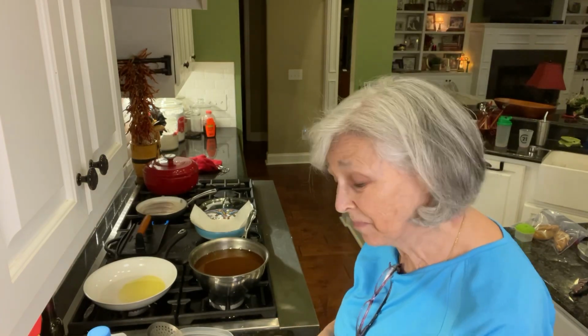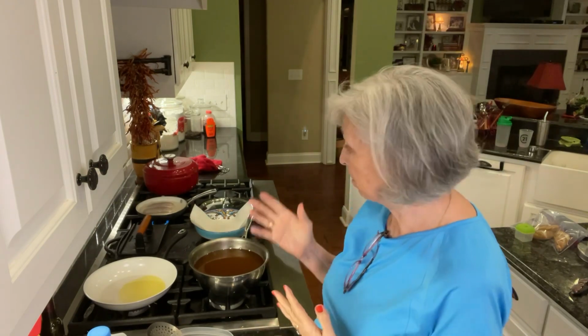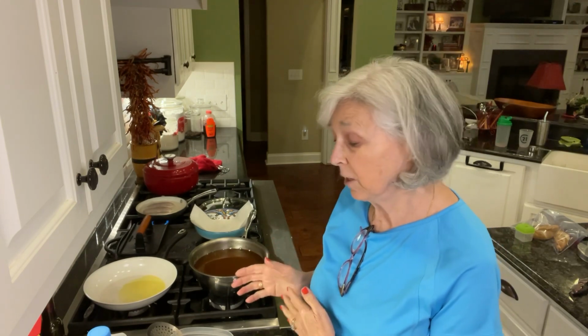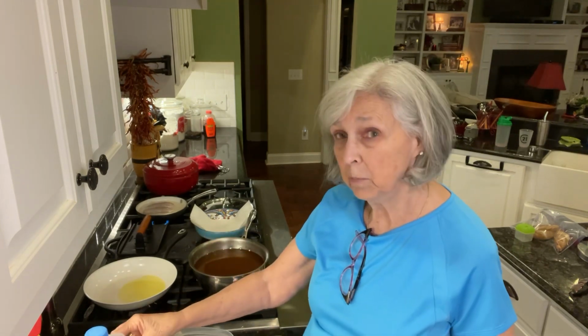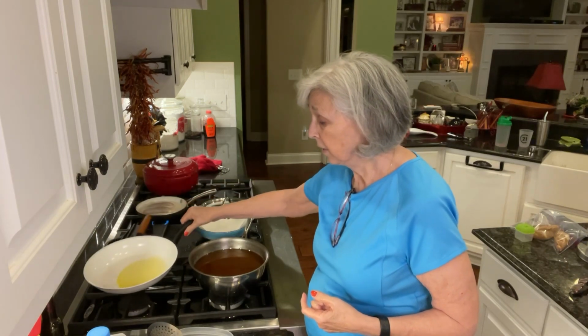Hi y'all, we are making another side dish. Tonight we're going to have hamburgers and hot dogs, and I believe Bob's making some bratwurst too, all cooked on the grill. So I'm making some fried Vidalia onions for him, and I'm going to saute some Vidalia onions for me. So I've put a little bit of olive oil in this skillet right here,